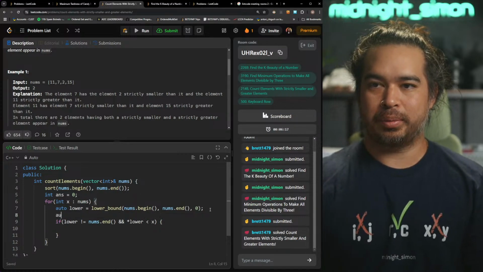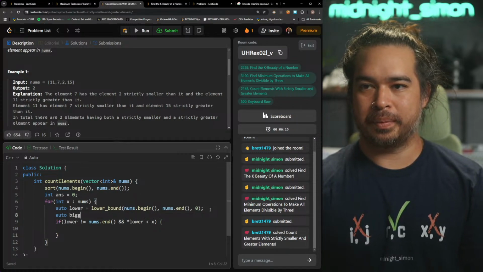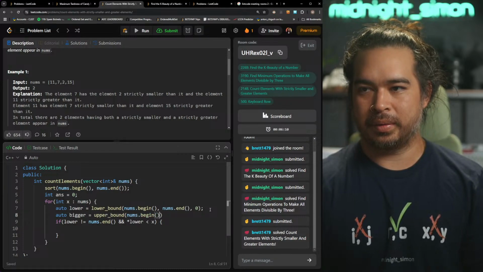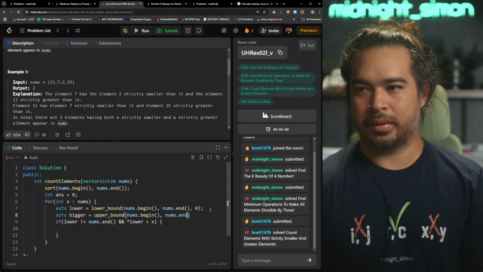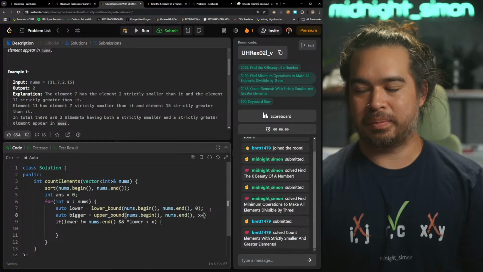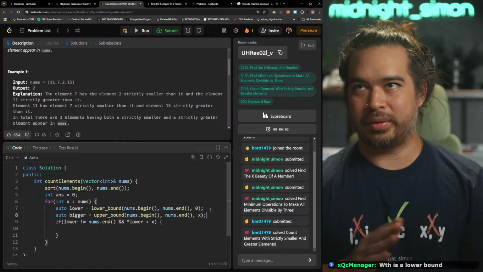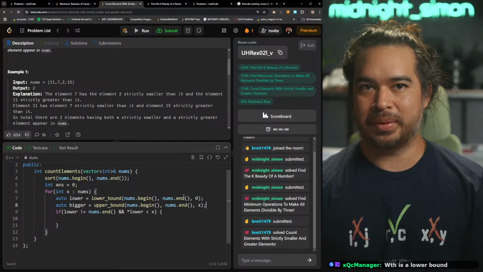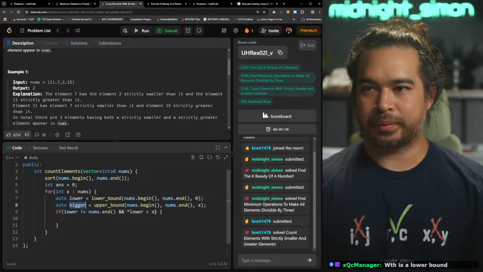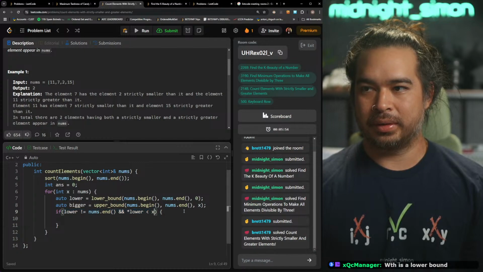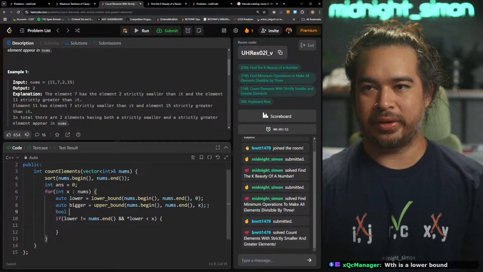And then I'll do an upper on X, I guess just X, right? It's gonna return the first number that's greater. I'll just use 2 if statements.